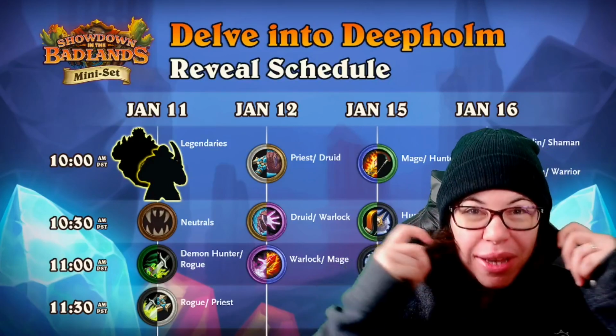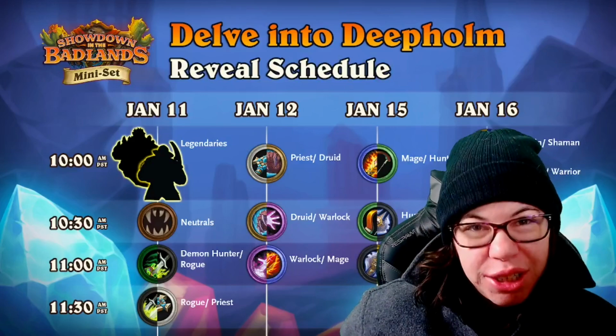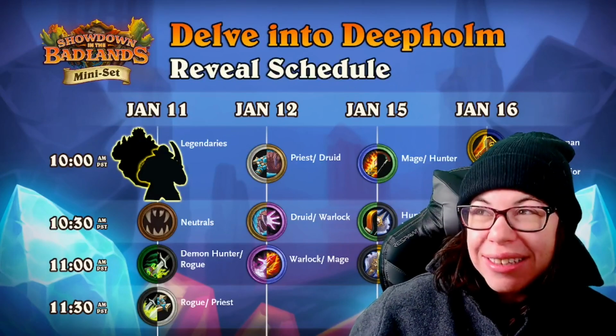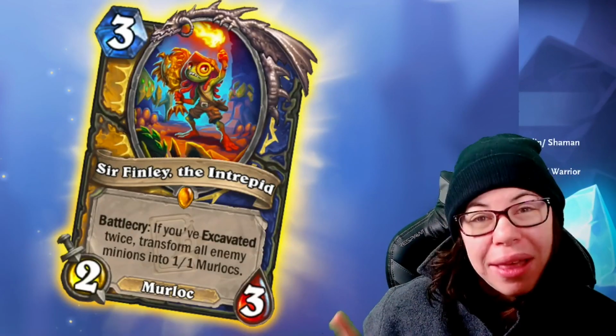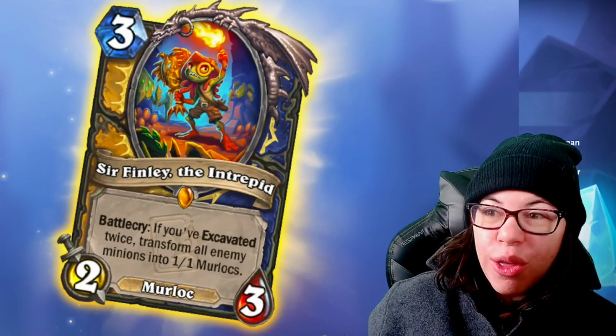Today we are bracing ourselves for the cold so we can go digging for some legendary Excavate treasures in our final day of reveals for the upcoming mini set, Delve into Deep Home. So let's get into the first card. We have here a Paladin Shaman legendary, Sir Finley the Intrepid,